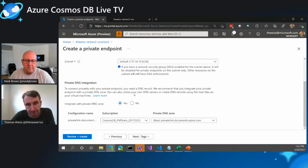Are you creating a new CNAME entry for this and then giving it a new custom name, or you're just basically mapping the existing CNAME to a new IP address? So the option that we present by default here is to integrate with another Azure networking feature, which is called the private DNS zones. Mm-hmm. Okay, and so what that thing does is that it's going to run a private DNS only in your VNet, and by doing that, it will automatically map all the CNAMEs to the local IP addresses. Okay, this is done automatically, basically. And to be honest, this is the option that I usually recommend, because it just works, right? You just have to flip that switch and say, I want